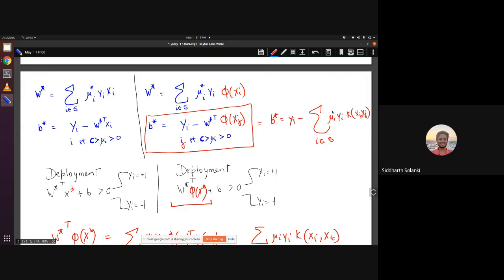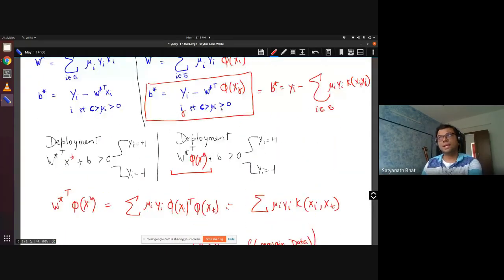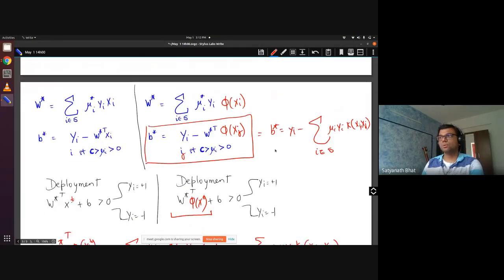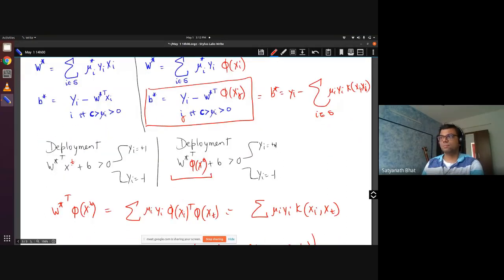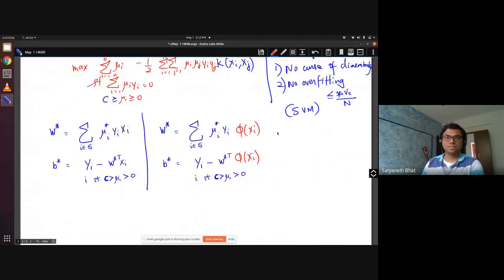Yes, sir. So this idea can also be used. This kernel idea can be used in many places. There is a bunch of literature based on just this idea. There is kernel PCA, and many other techniques where people use this. In any case, we will not be able to go through that here, but I hope in the context of SVM at least things are clear.